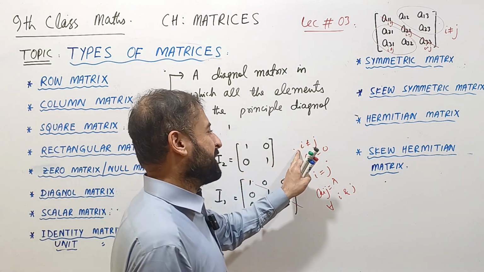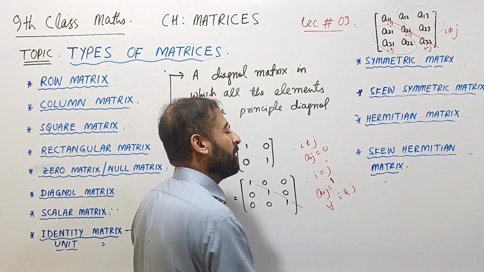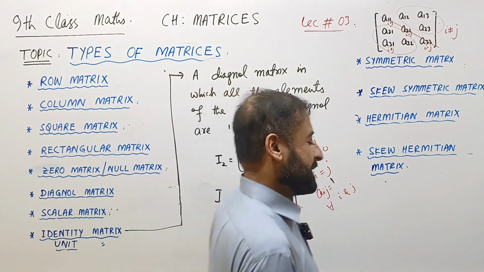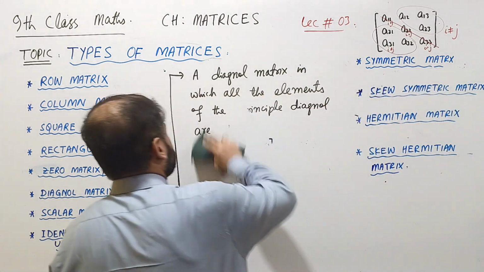Aij, if i is not equal to j, Aij is equal to 0. If i and j are equal, all those elements will be 1. It is called a unit matrix or identity matrix. Next,